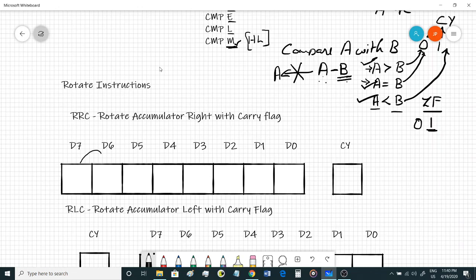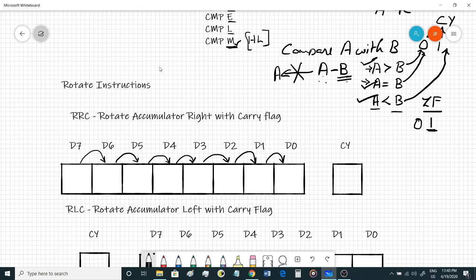D7 will get shifted to D6, whatever is there in D6 will get shifted to D5, D5 to D4, D4 to D3, D3 gets shifted to D2, similarly D2 to D1, D1 to D0, and whatever is there in D0,